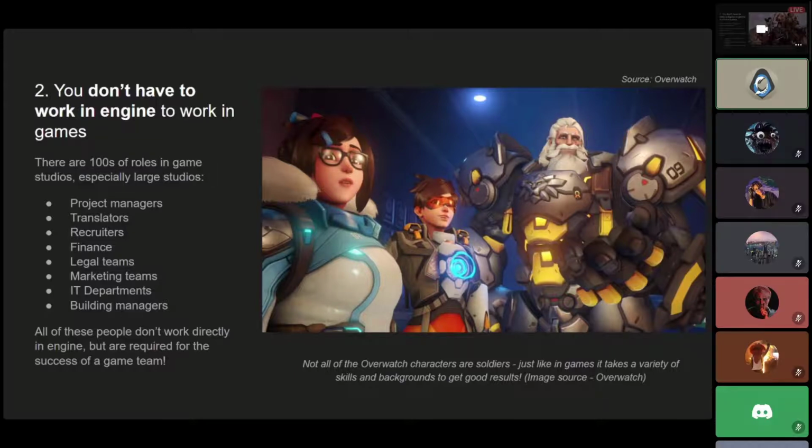Yeah. Again, I like Overwatch, so kind of an Overwatch analogy. In Overwatch, not all of the heroes are soldiers, you know? Some of them are, like, I think Ana was a captain, Mei is a scientist, but they all come together to achieve their goal. It's kind of a corny analogy, but it's also super true. Skybox wouldn't run as well as it does without people hiring other amazing people to work with us, people making sure that our computers are running, and people making sure that our buildings have everything that we need. It really is a team effort, and all those people like games too, and we all hang out and still have the same kind of collaborative effort together. Exactly, Winston's a monkey.